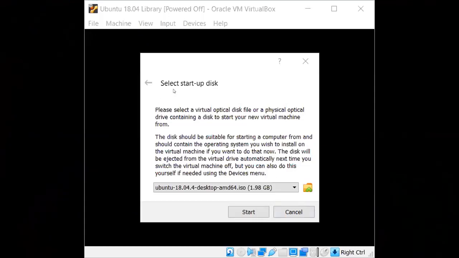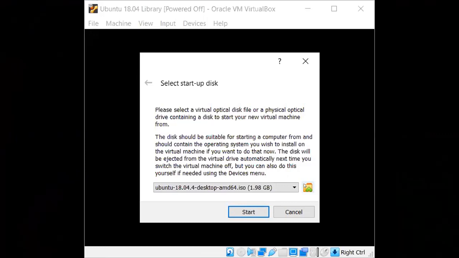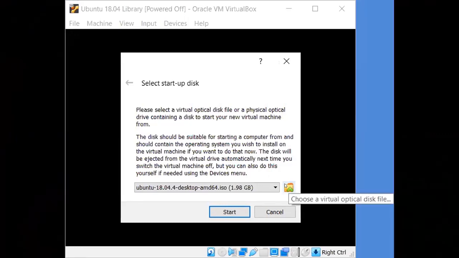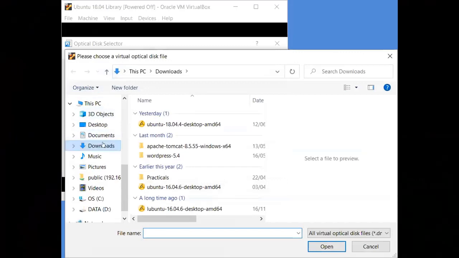This is the first time we are launching this machine, so we need to give bootable media to boot up this machine. Click on this folder-like icon to choose a virtual optical disk file. Then click on the add button. Go to your download directory, where you have downloaded your Ubuntu. I have downloaded Ubuntu in the downloads folder.